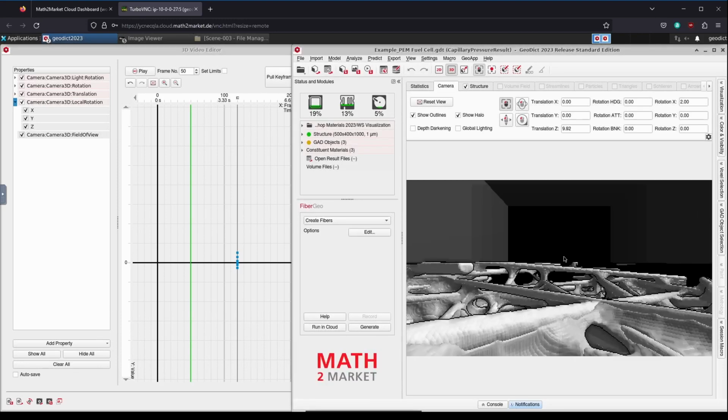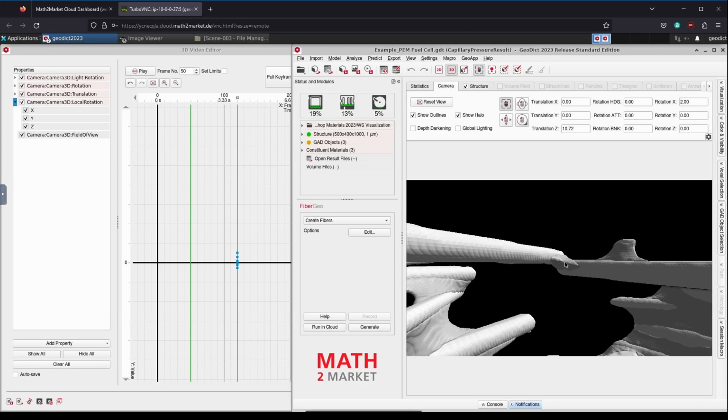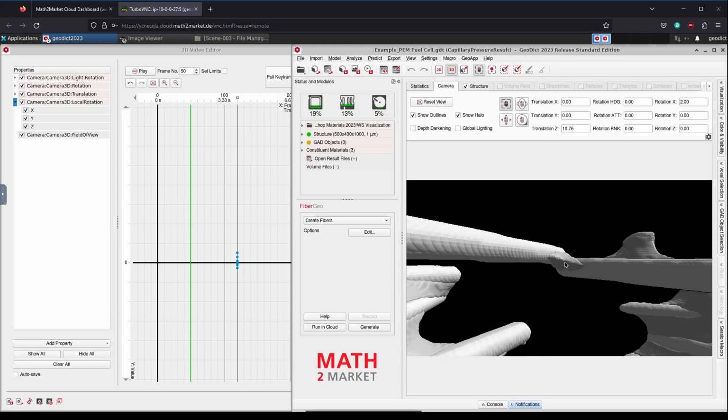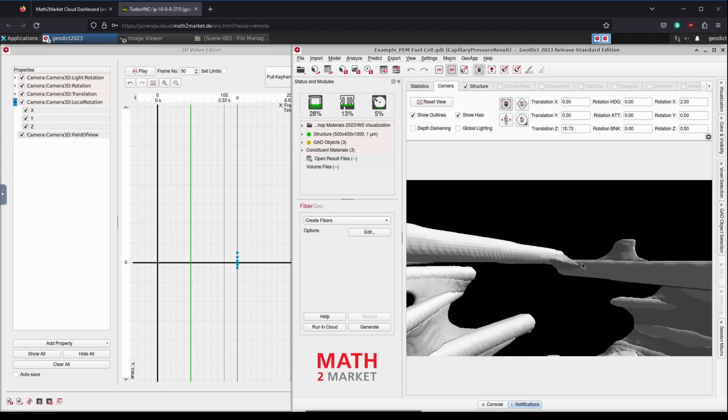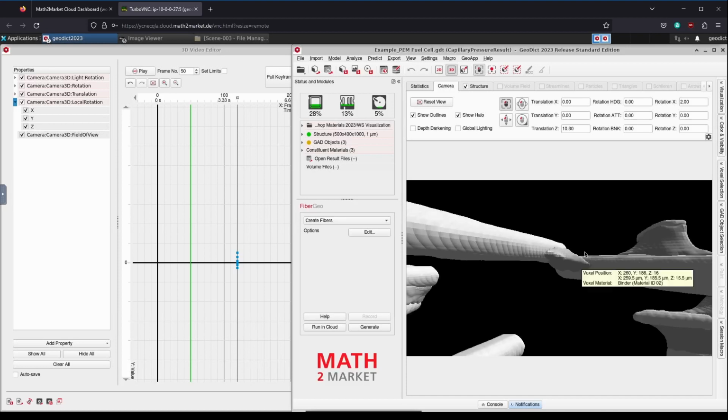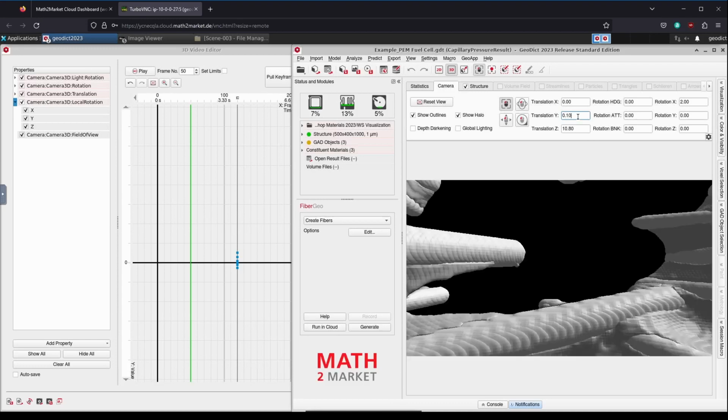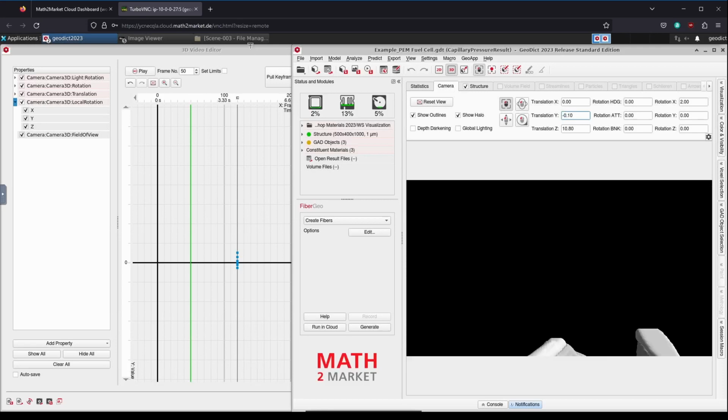For the time being, we move to just before the end of the flow channel. This way we can better adjust the camera so that it also flies surely over the fibers. Then we adjust the translation Y value so that we are no longer inside the fibers, but slightly above them. In the storyboard folder, there's also a reference image that we can consult.